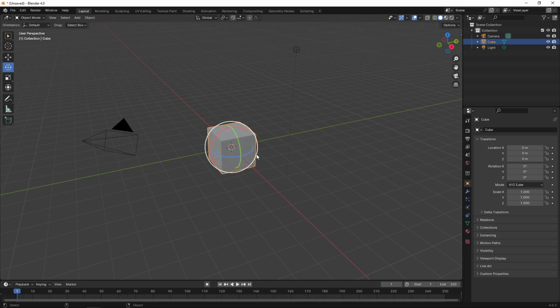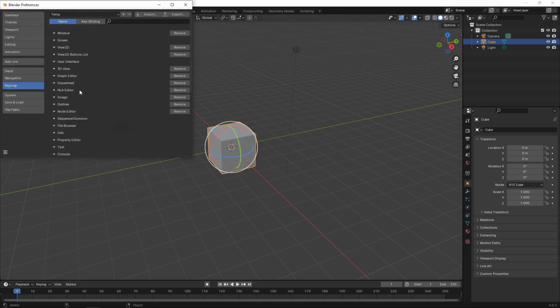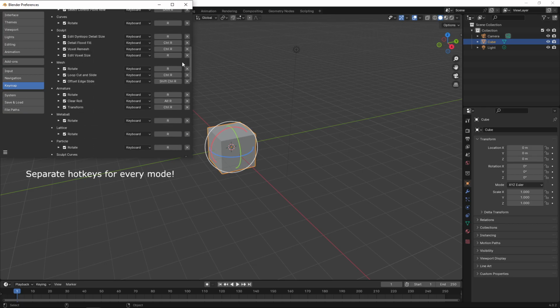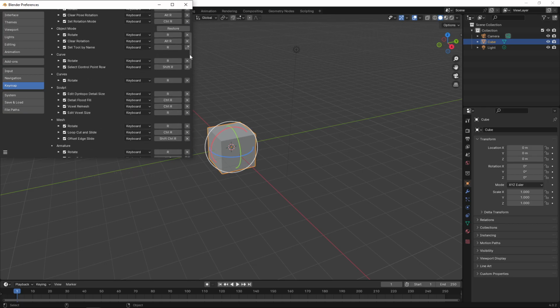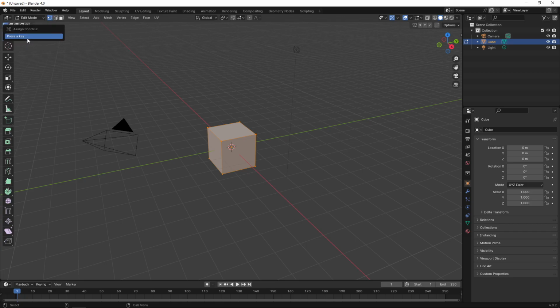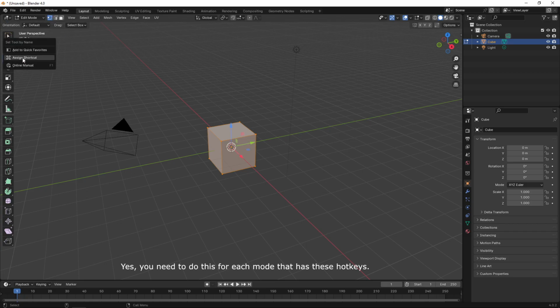Now, we don't want that, so what we're going to do is go into the keymap and do a search for R. And now we can see all these hotkeys that are using R to rotate in all these modes. So for now, we have the hotkeys for the 3D view, for object mode, but we also need to do edit mode separately because it has its own set of hotkeys. So we need to do Q here, W here, and E and R, and then we